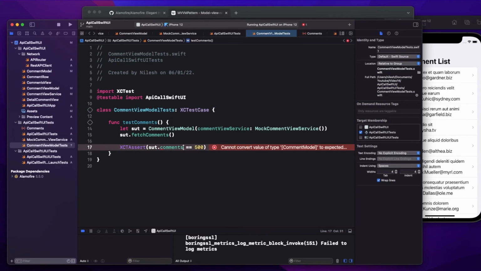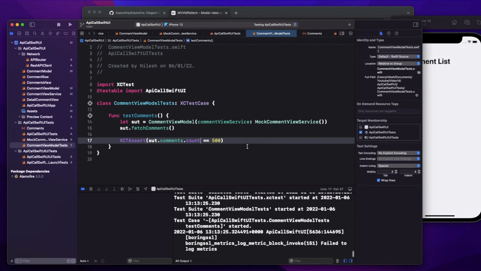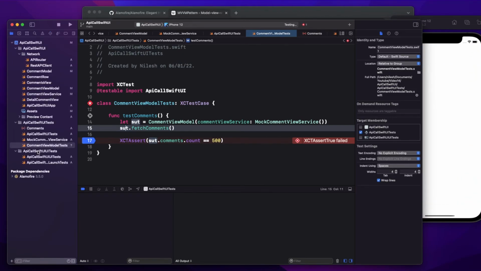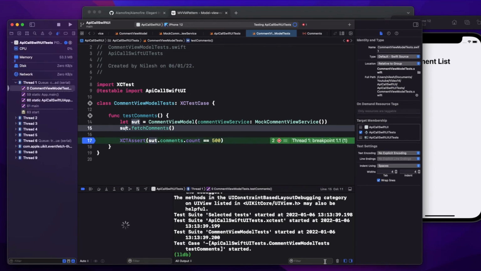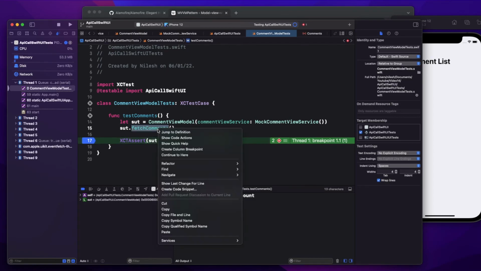Okay, so now let's run this test and see if it works or not. It is giving some sort of error. Yeah, we have to compare with the count. So let's run this test case. So my test case fails. So I'm just putting a breakpoint to see what went wrong. I'll run it one more time. I'll see if I am putting some wrong count or it is not fetching the count at all. So dot comments dot count, and it is coming as 0. That means something went wrong in fetching the comment.